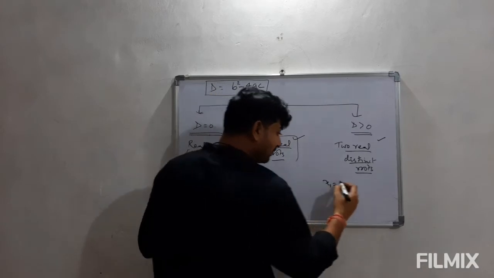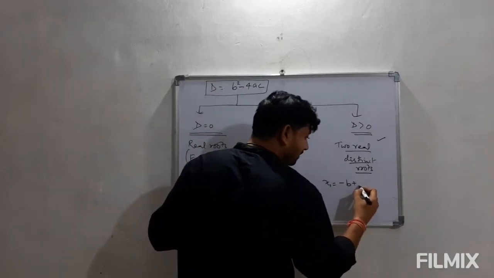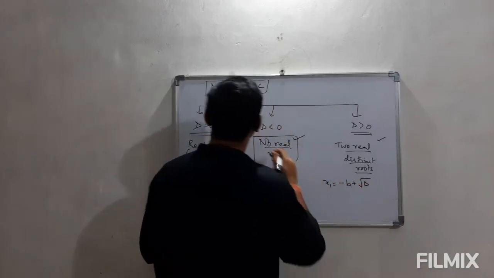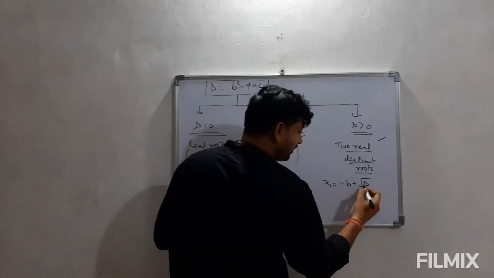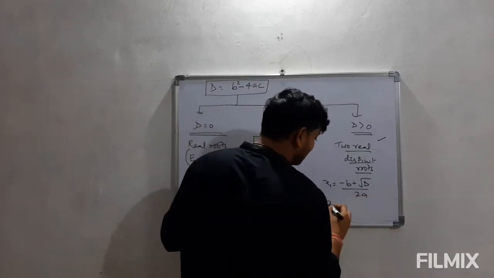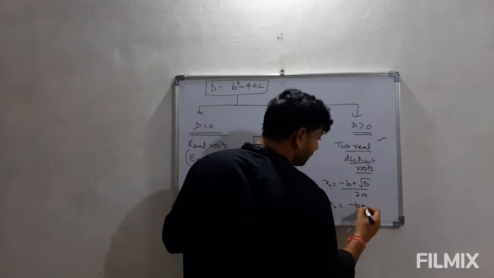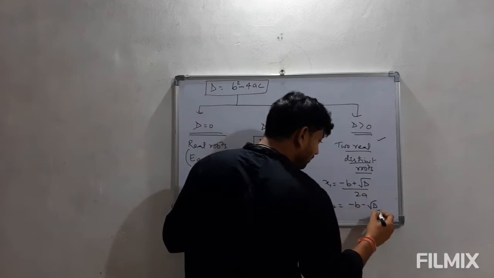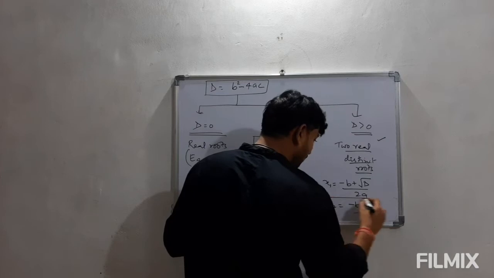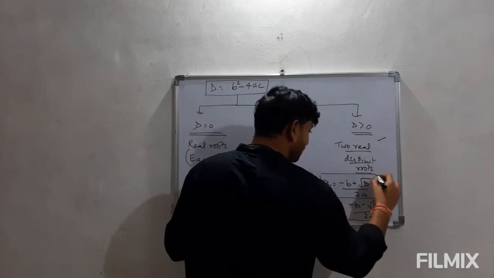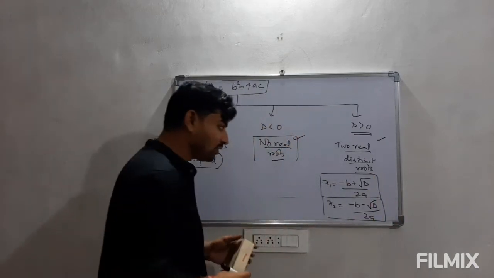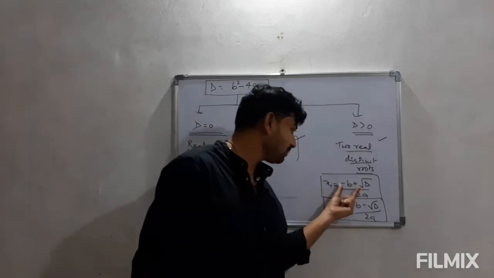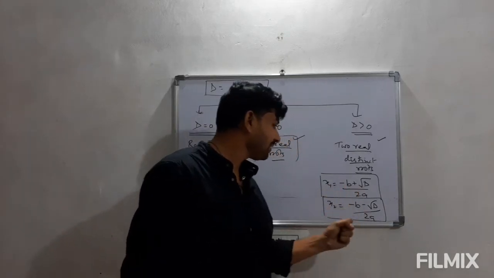Here we have 2 different values: we take plus, and if I write the discriminant as d, then we will get minus b plus root d upon 2a. The second root we will calculate as minus b minus root d upon 2a. The different roots that have come here I have already explained in the previous section when I derived the formula. Once we take the plus sign, once we take the minus sign.